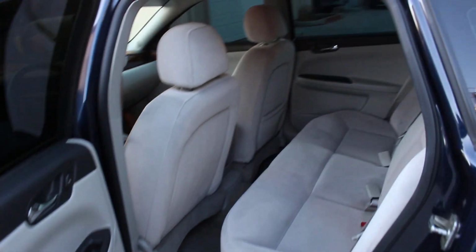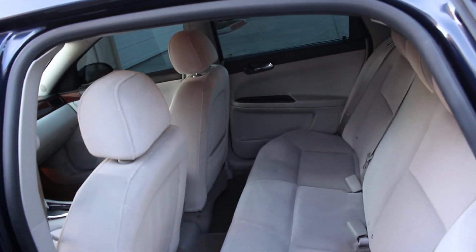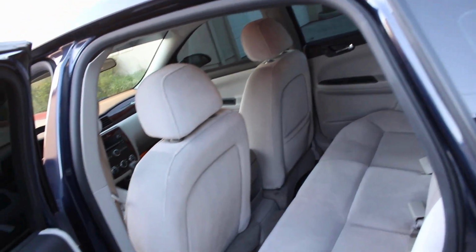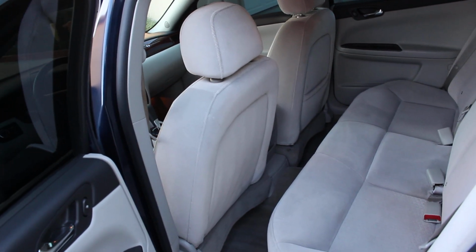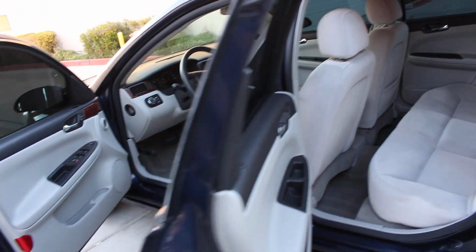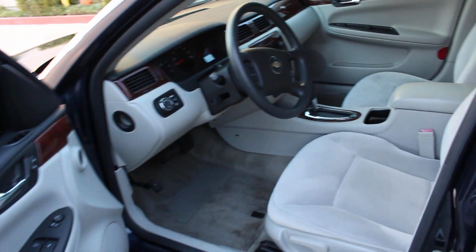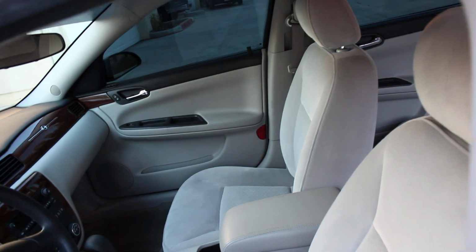Folks, as you can see, the interior is in immaculate shape. Perfect seats, perfect carpet. All seat belts and buckles are in place. I mean, it is complete. However, let me backtrack here. I am missing the floor mats, but don't worry. I ordered a set of original equipment on eBay, and they are on the way to me. Perfect driver's side seat, perfect passenger side seat,